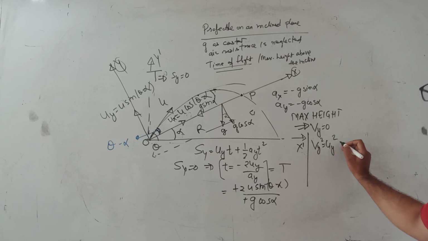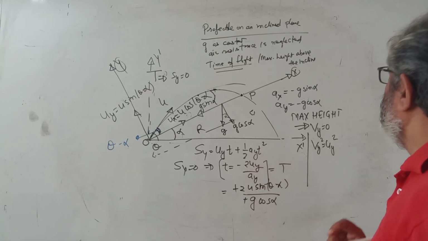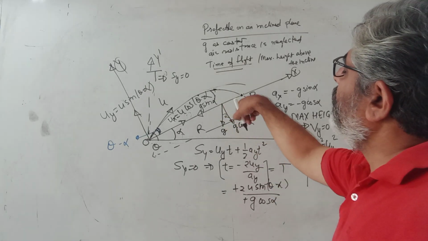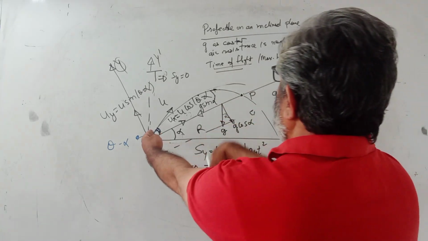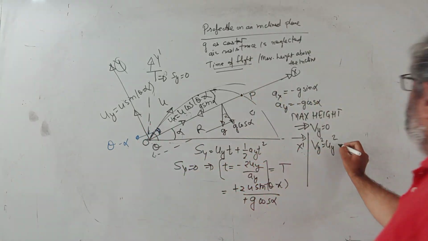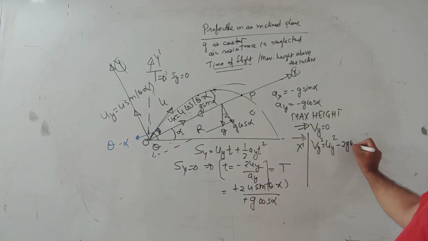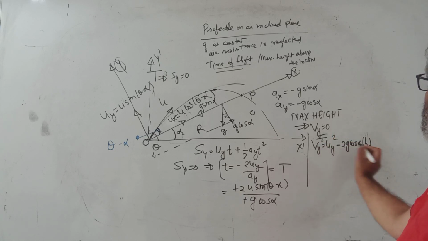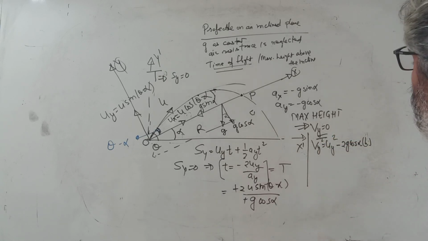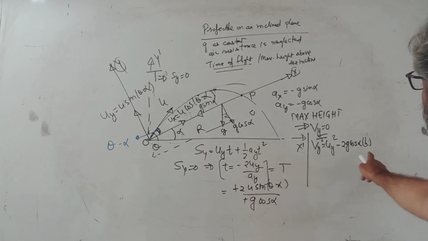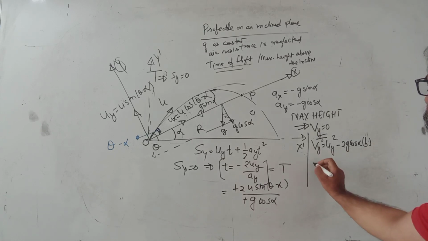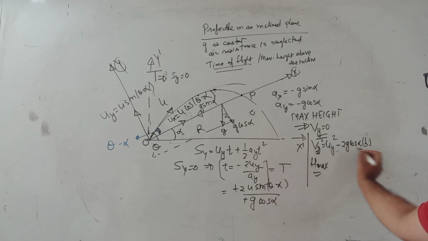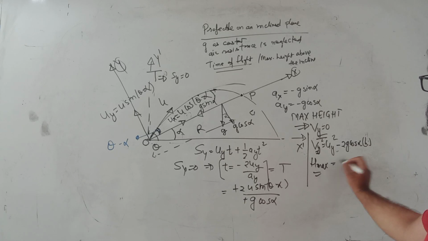Now यहाँ पे क्या लिखें हम? क्योंकि अब g नहीं लिखेंगे, हम लिखेंगे g cos alpha. g तब लिखते हैं when it is like this, now it's g cos alpha, so minus 2g cos alpha into h, and when Vy is 0 then h will become h maximum, so you can put Vy equals to 0 here and h equals to h maximum. So h maximum कितना आ गया, directly I am putting Vy as 0 in this and h as h maximum, तो ये h maximum बन गया, इसकी वैल्यू आ जाएगी